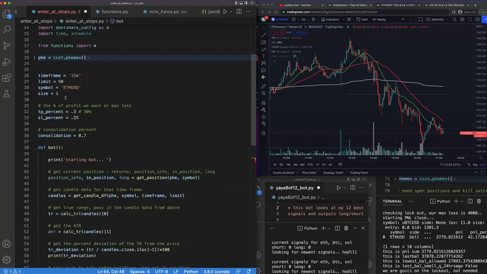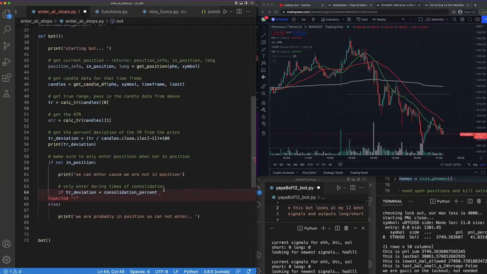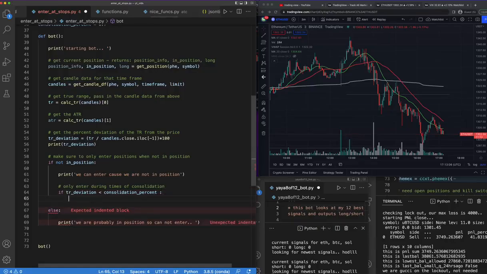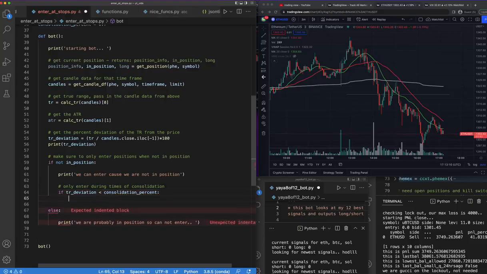Maybe I spelt it wrong. Oh, I forgot to put percent here. So if TR deviation is less than consolidation percent, print,